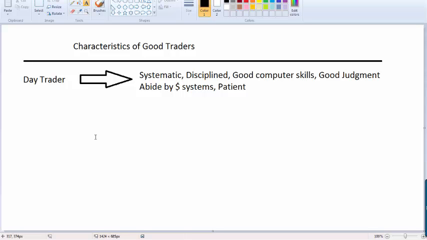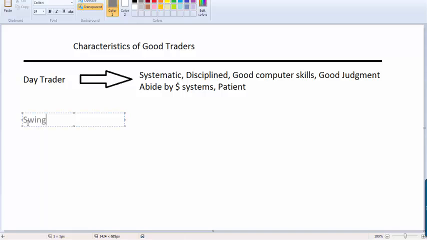I think day trading is one of those skills where you have to have the ability to step back from the market and say, is this even a good day to trade today? See, being a day trader doesn't mean every time you turn your computer on, you're going to take 100 trades. Not necessarily. There are different systems. So, day traders.